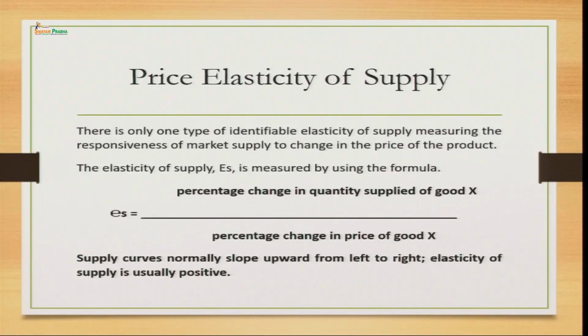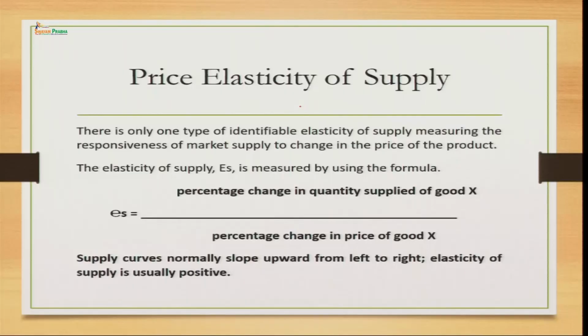And lastly, like we have talked about the supply concept, we have price elasticity of supply, and as we all know, supply is positively related to the price of any commodity. So, whenever the price of any commodity increases, the proportionate change taking place in the quantity supplied we study under this price elasticity concept. Okay, and this is how we calculate it: percentage change in the quantity supplied of commodity X upon percentage change in the price of good X, right.